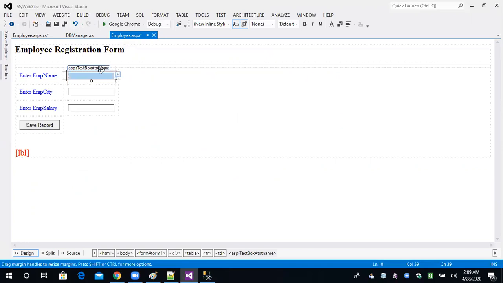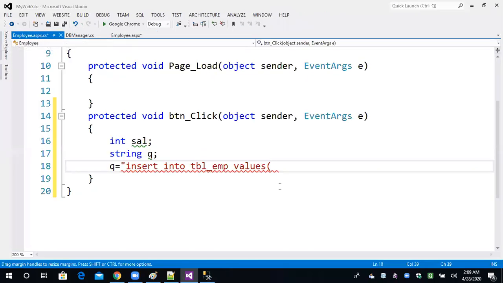The ID of the text field is txtname. Okay. So single quotes, double quotes. You have to understand the format: single quotes, double quotes, plus plus, double quotes, single quotes. Between this plus sign, you have to write txtname. You can see the IntelliSense support is very high. txtname